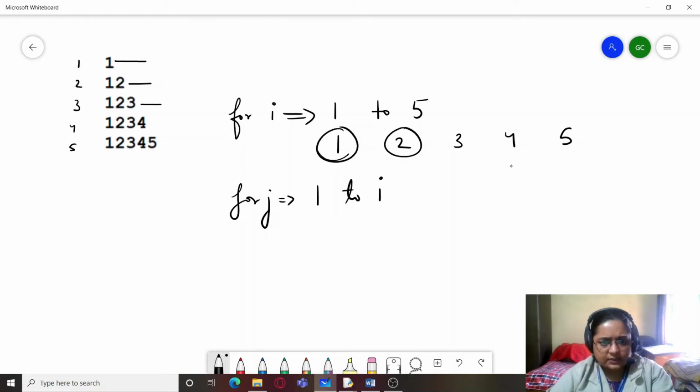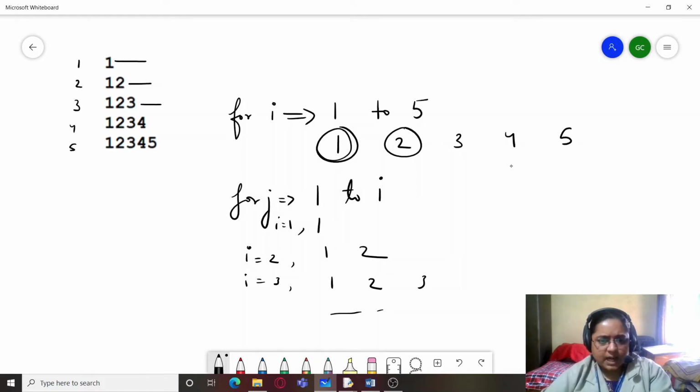When I is 1, it will be 1. When I is 2, it will be 1 and 2. When I is 3, it will be 1, 2 and 3, and so on. When I is 4, it has to be 1, 2, 3, 4.